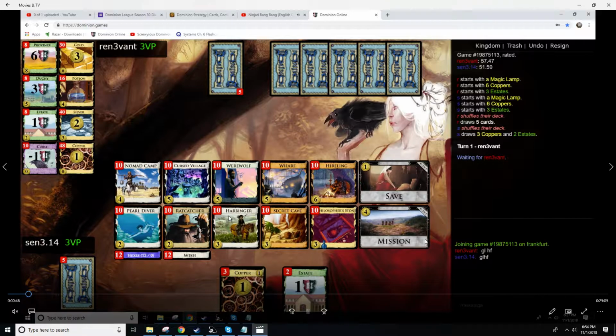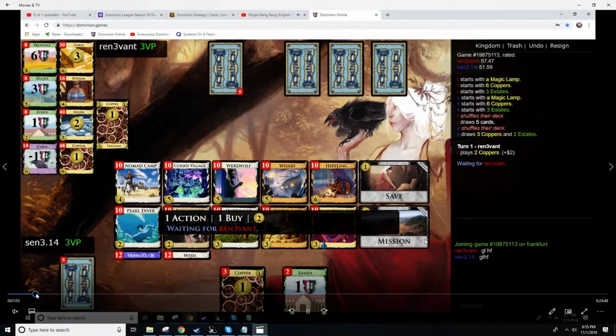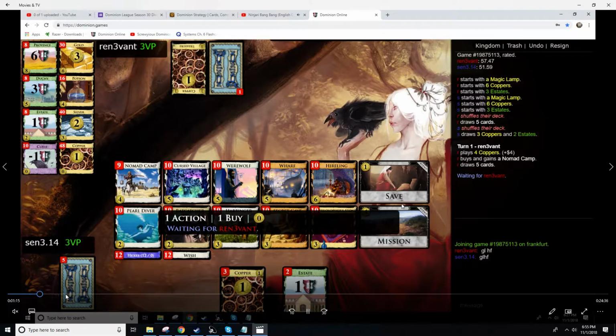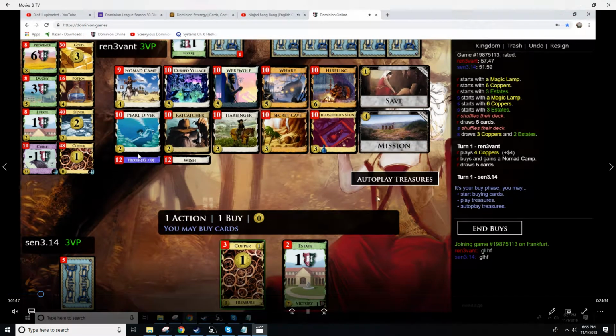to do it is drawing through everything, but I think it's going to be more efficient to trash. So I'm going to open with at least one Rat Catcher, and I think I actually open with two. And the opponent here is first player, and what does he do? I believe, yes, he buys a Nomad Camp, and that is pretty okay if it helps him hit 5 next